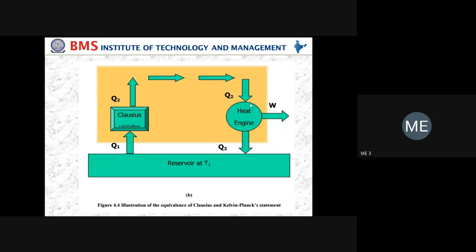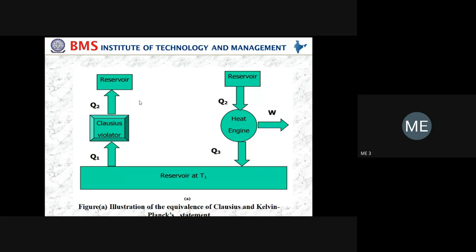Because this is the heat engine. It is working only with one thermal reservoir, which is at lower temperature. We don't have the other thermal reservoir at all. You see the diagram, there is no source at all. So in order to operate the heat engine, we should have two thermal reservoirs. Already it violates the Clausius statement. Means we are going to prove how the Clausius statement is related to the Kelvin Planck statement.